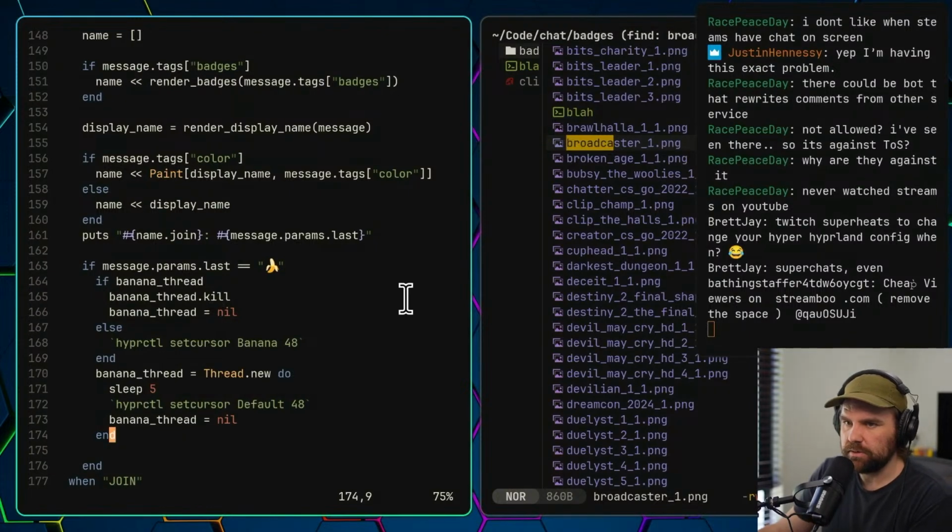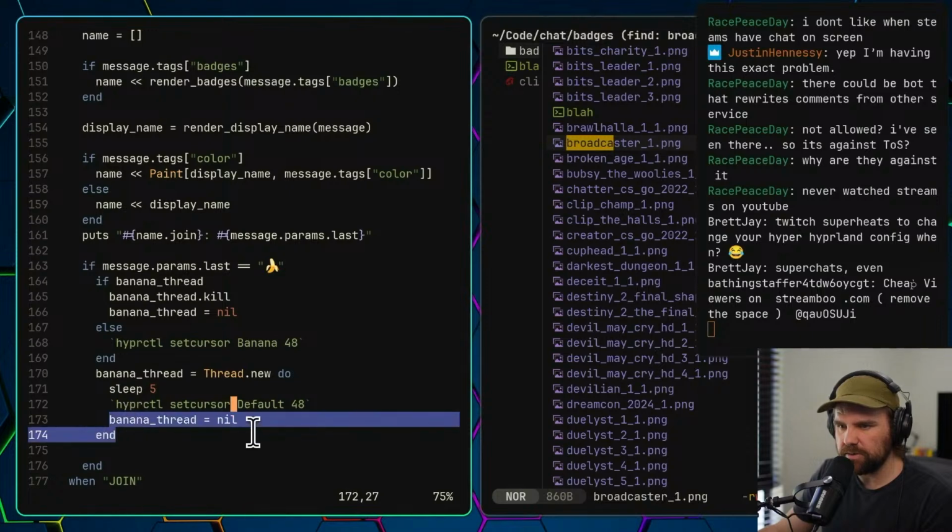Yep, cool. So if there's a banana thread, kill it and clear it out. And then basically, this will create a whole brand new banana thread. Basically it just resets the timer to 5 seconds. So sleep for 5 seconds. In this thread, it will sleep for 5, set the cursor back to the default cursor after time, and then just nil out the thread.